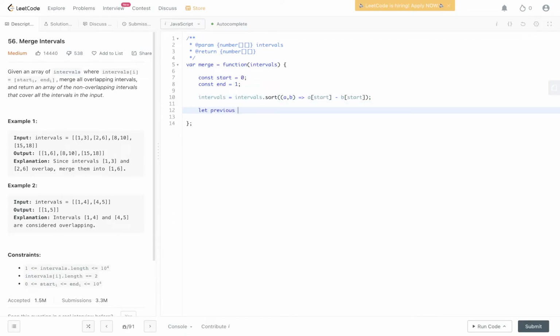Then we need to create a previous variable, which is going to be equal to intervals at 0, so it's going to be equal to the first array within the intervals array. Then we need to create the result array, which is going to be equal to an array containing previous. Then we need to loop through the intervals, so let current of intervals, and we need to compare current at start with previous at end, like we did in our solution walkthrough. So if current at start is less than or equal to previous at end,